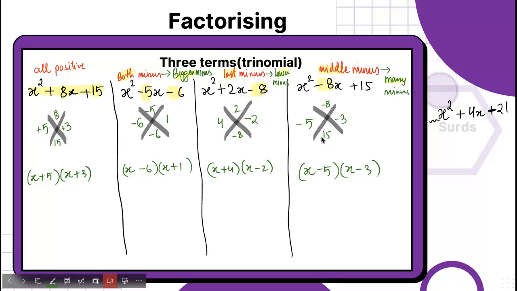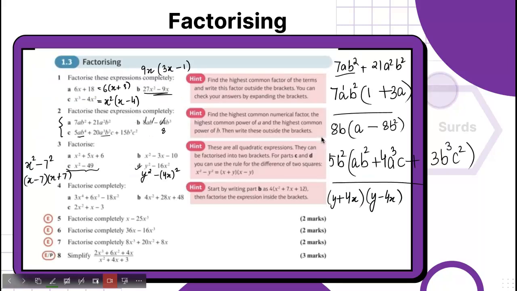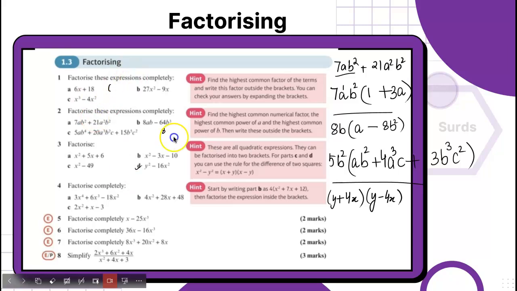Okay, so we have discussed all the cases of the trinomials where the coefficient of x squared is 1. We have this next scenario where the coefficient of x squared is not 1, maybe it could be a bigger number, any number. So before we discuss those things, we will be switching back to the practice here. So let me just remove the previous thing so that we can get some space to discuss.